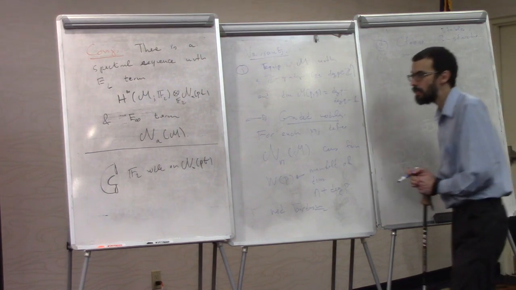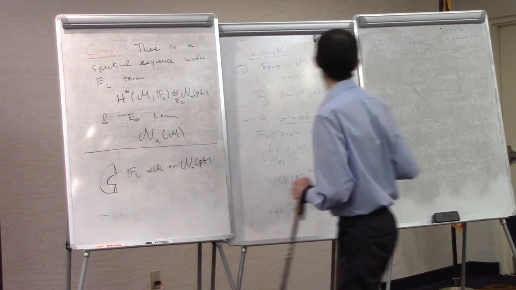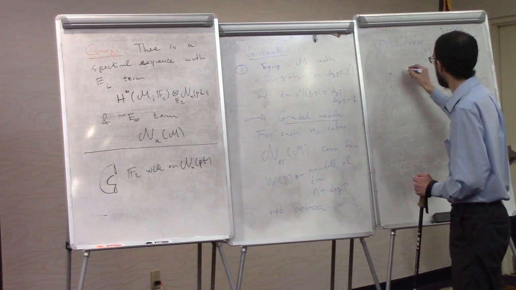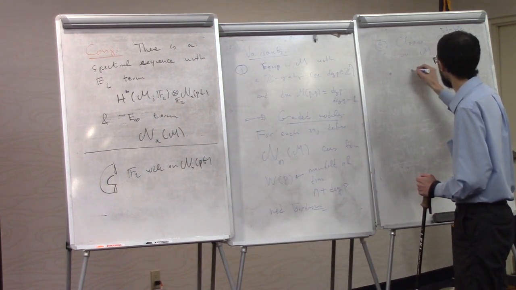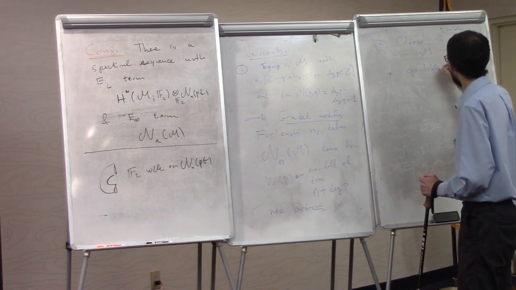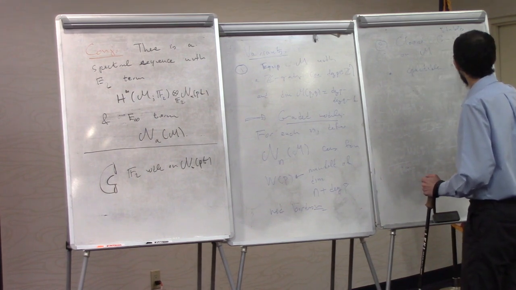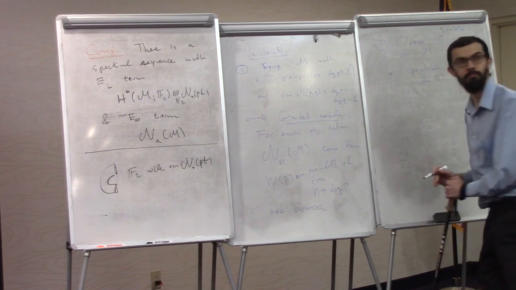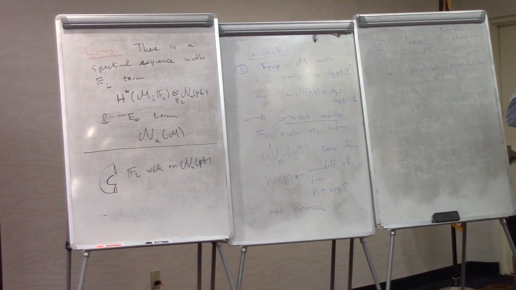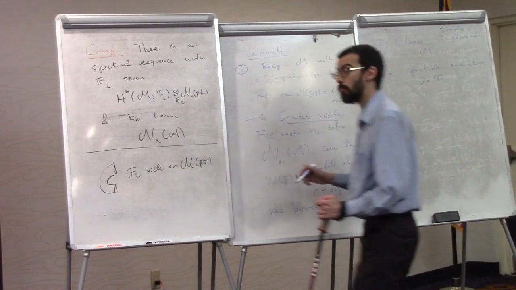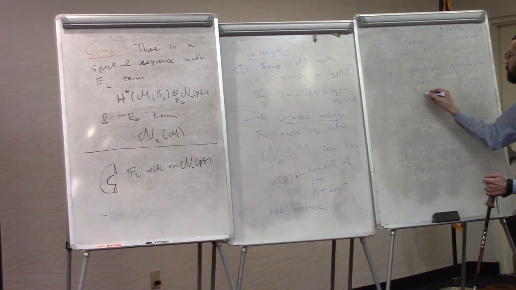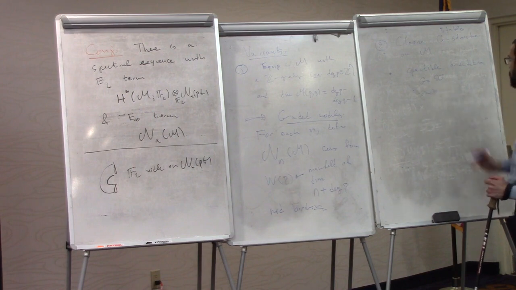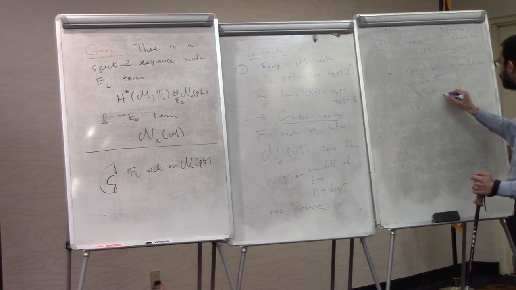And what it means is, for example, the simplest one to do is an SO structure, compatible orientation. So that's G equals SO. Okay? And so what this will mean is, instead of having an unoriented bordism group, you will have an oriented bordism group. It's usually called